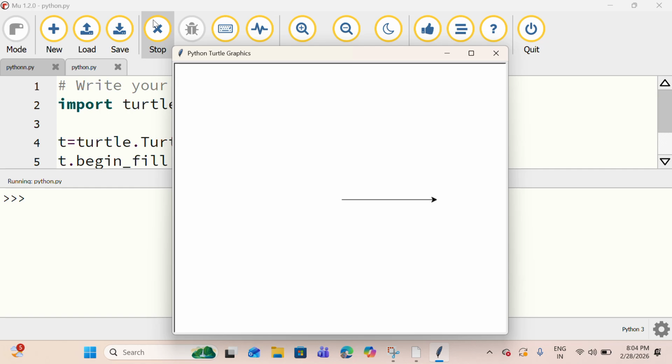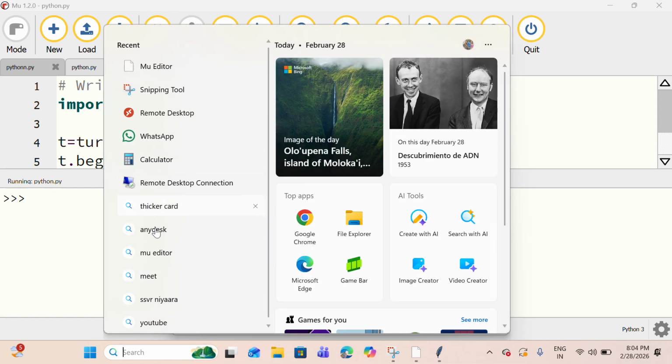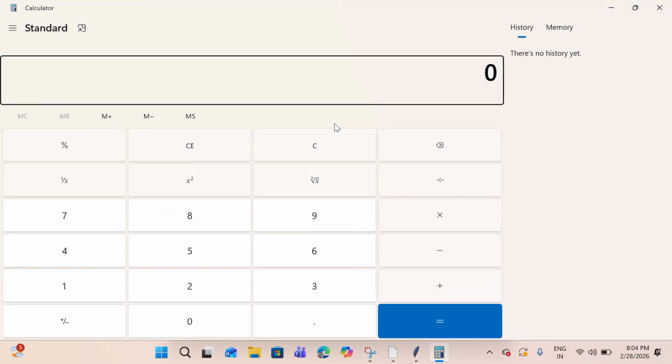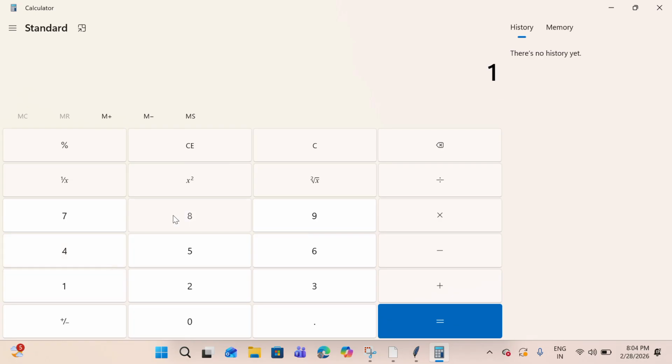180 plus 90, let's add. We'll just go to calculate. 180 plus 90 is equal to 270.